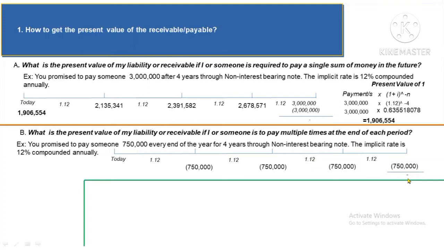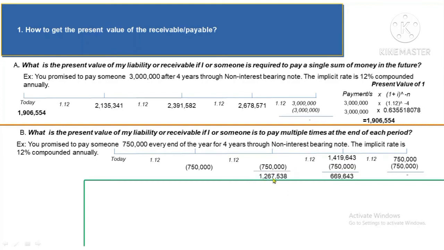If this is 0 after 750,000 was paid, then this is also 750,000 divided by 1.12, then you're going to get 669,643. But before the 750,000 was paid, it is 1,419,643, and then divided by 1.12, you will have